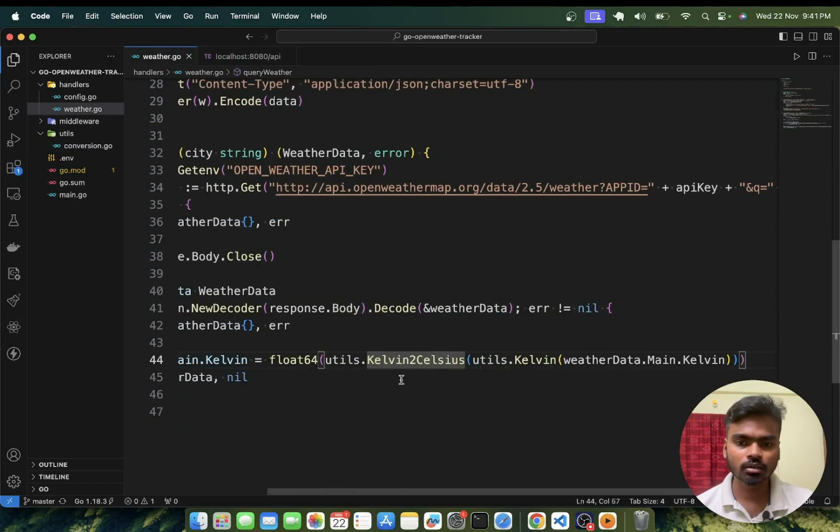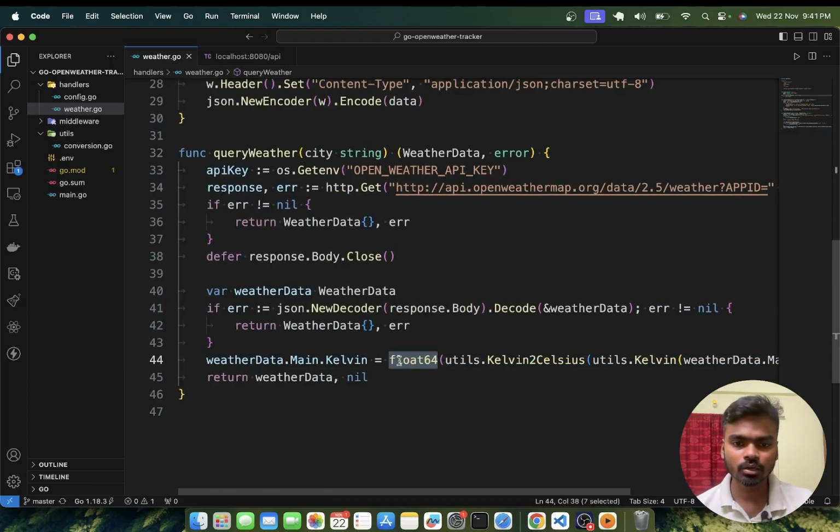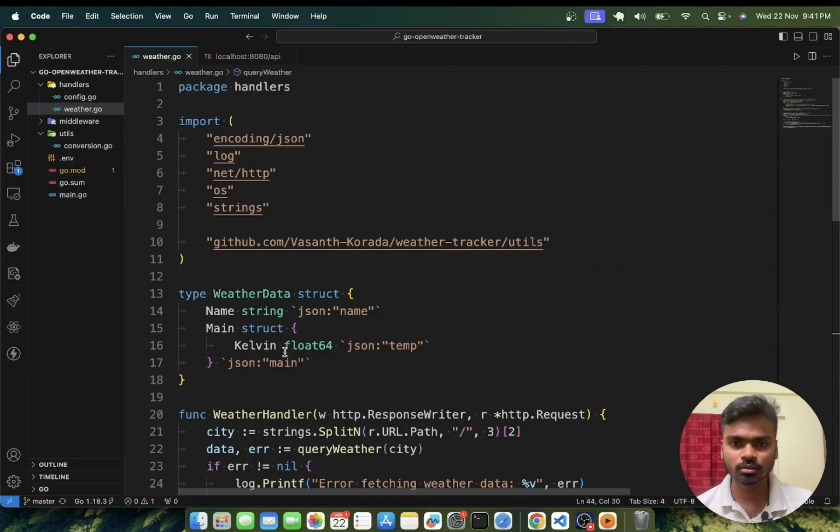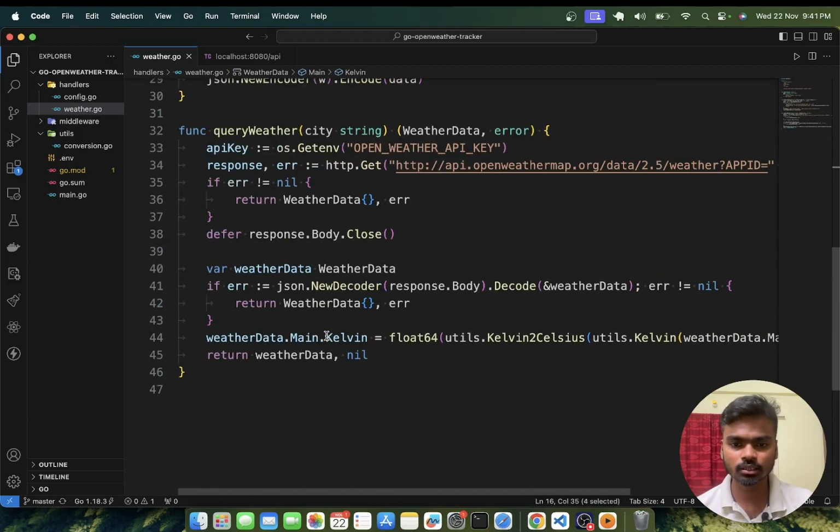So we get the Celsius data type, and that Celsius we again convert to float 64, and then change the temperature of this weather data struct, and we return the weather data struct, and there is no error.